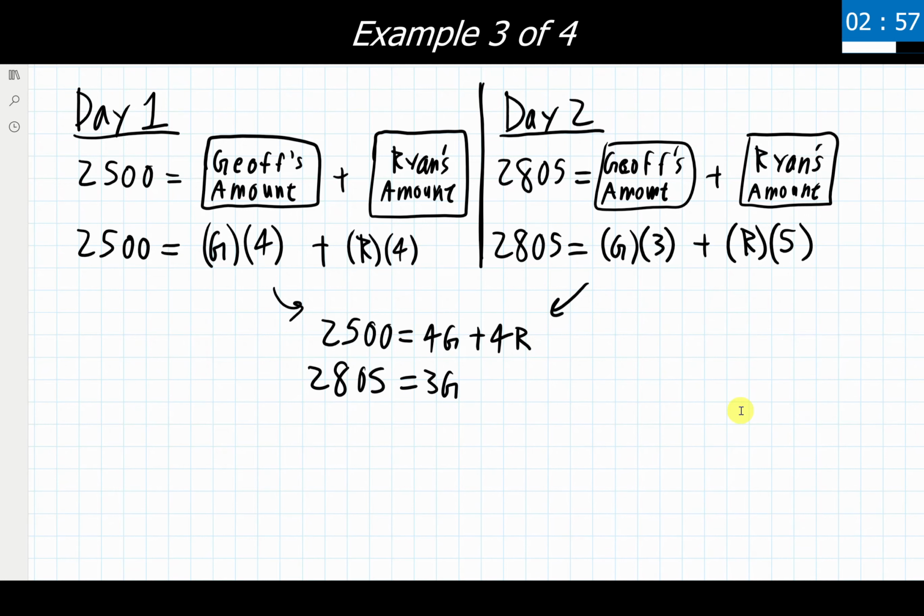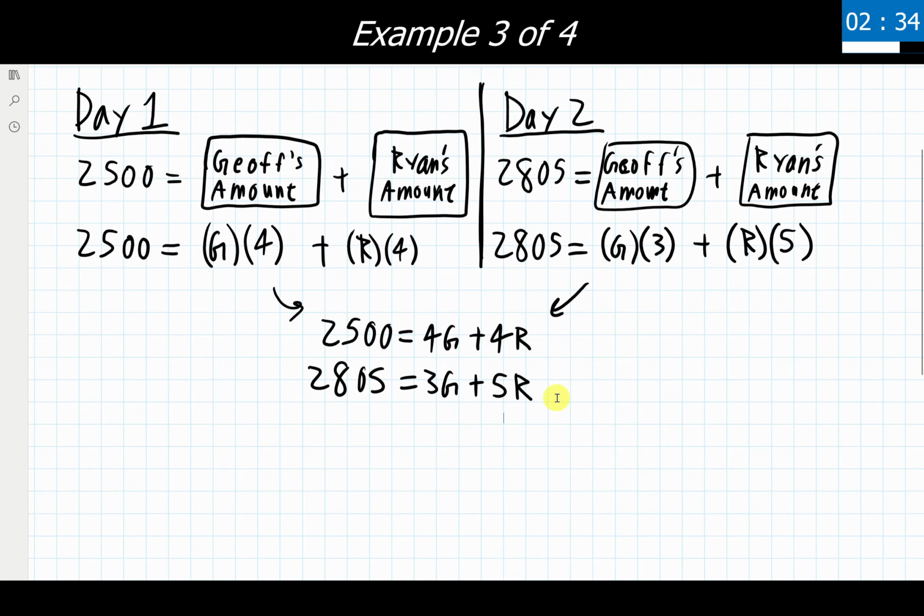And once we have this system written out, it is now our choice on what we would like to do to go through and solve this thing. We can use the substitution method, we could use the elimination method. Doesn't matter which one we'd like to use, we just need to pick one and then commit to it. I'm going to use the elimination method because why not?